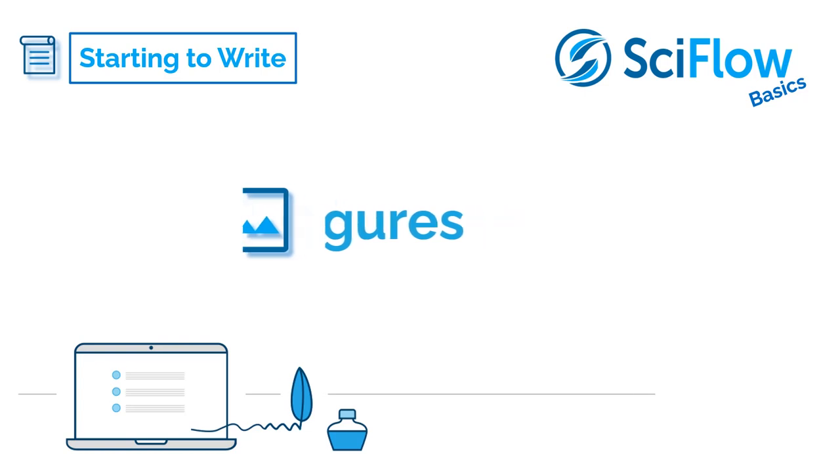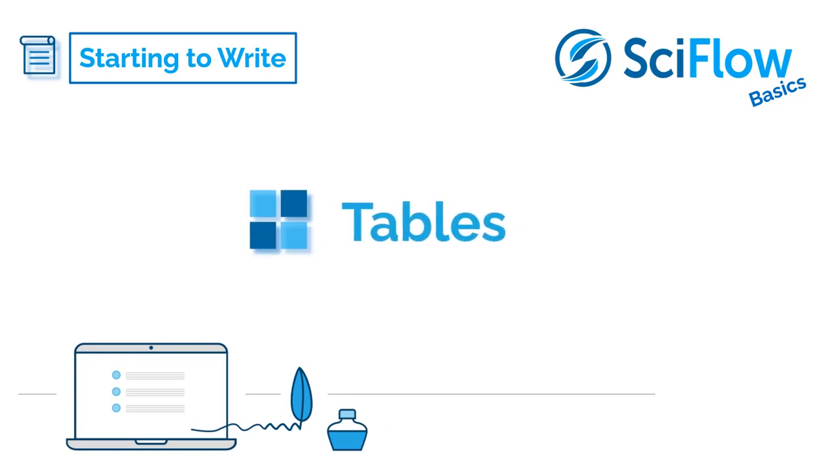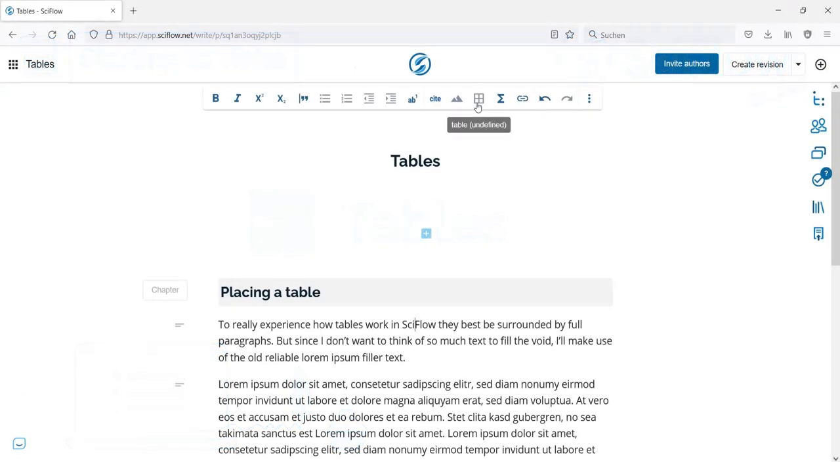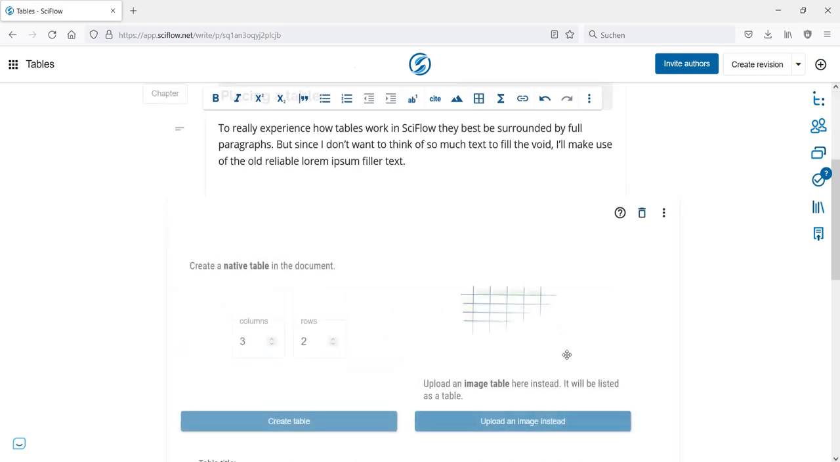Besides figures, the incorporation of tables is very similar to what we've seen here before. Once again, the table function itself is only available when your cursor stands at the beginning or the end of a paragraph. There the button in the format bar activates, allowing you to place a table. In the appearing placement menu, you can choose to upload a picture of a table or build a native one